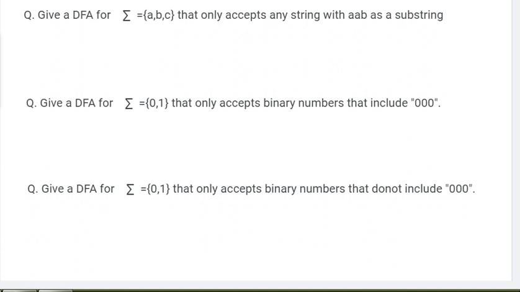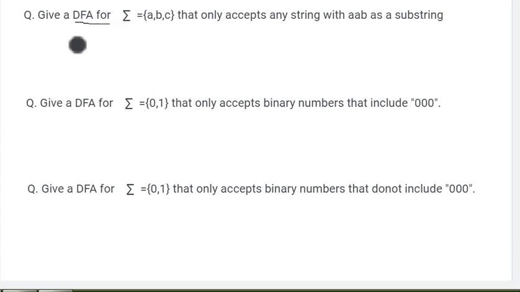So good evening everyone. This video is regarding how to make a DFA. In the previous video, part 2, we started with making a FA, finite automata, where it was not mentioned whether the diagram should be DFA or NFA. So we just saw how to make a finite automata. Now in these questions we will be seeing how to make DFA, deterministic finite automata.